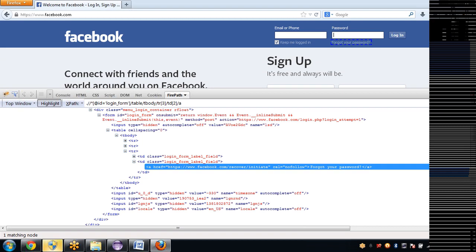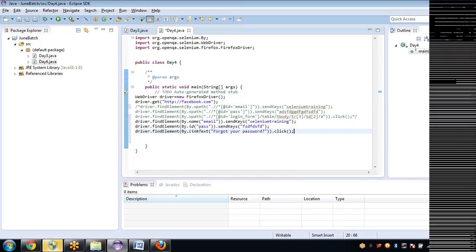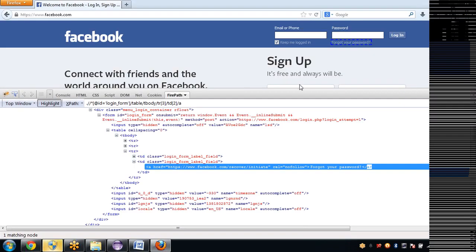You have the anchor tag. For all the links you have the tag name called anchor, A. If that is the case, that means the particular object you are looking at is text. Okay, just for text, what do we use? There is nothing for just text. For text related things, you need to go with these kinds of objects: XPath, name, ID and all. For only links, you have some direct feature called link text.